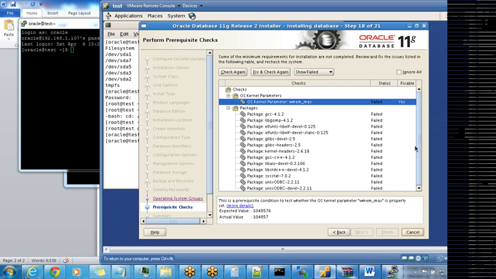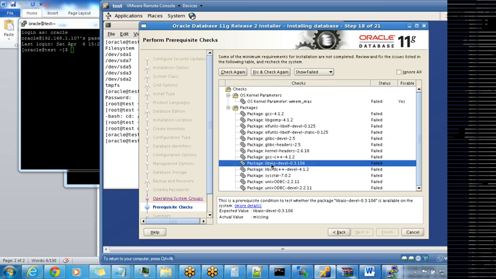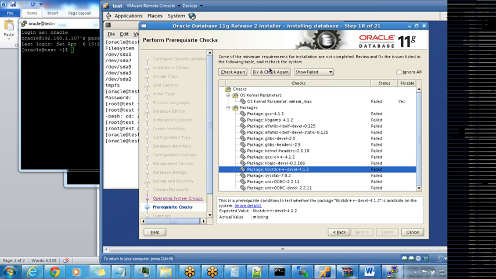So as I told you, after changing all the kernel parameters and everything, we have to install some RPMs which are similar to the drivers in Windows. So if you see here, it is saying some of the prerequisites are not met. So please fix them and try to install the software. So we need to install all these RPMs. Okay. So to install all those RPMs, what I did was,